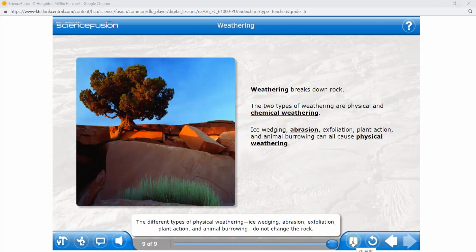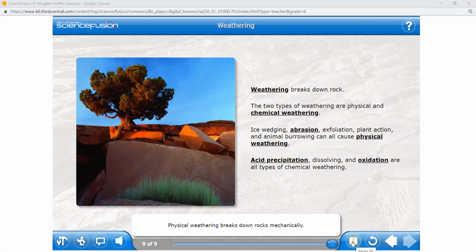The different types of physical weathering, ice wedging, abrasion, exfoliation, plant action, and animal burrowing, do not change the rock. Physical weathering breaks down rocks mechanically. Acid precipitation, dissolving, and oxidation are all types of chemical weathering. Now that you've finished, if you wish, you can go back and review any part of the lesson again.